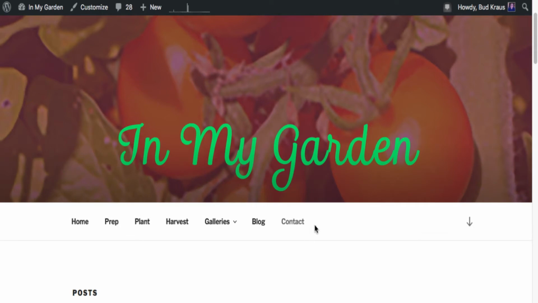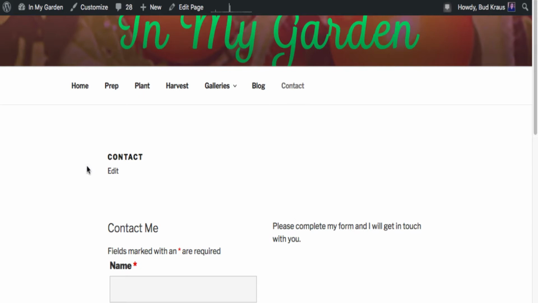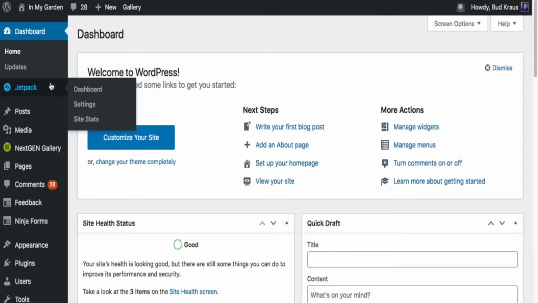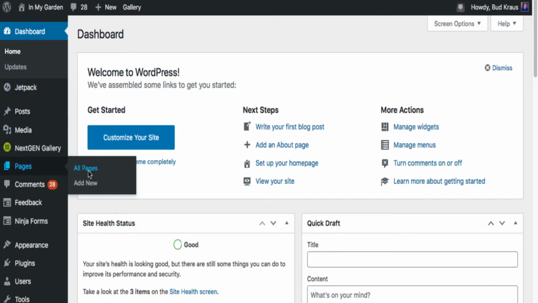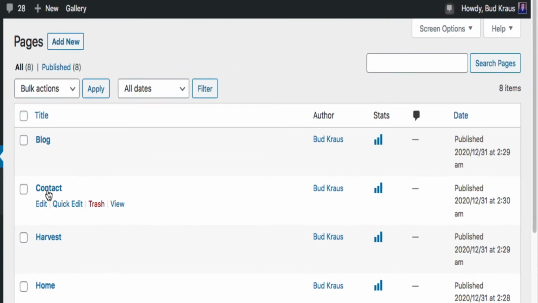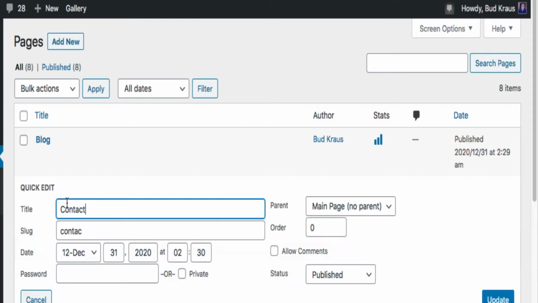Look at this word over here. It says contact. And it's a contact page, and you can see the title of the page is contact. Let's go over here and go over to our pages, all pages. And rather than click on over here, contact, and start editing, I could just go right over here, quick edit,